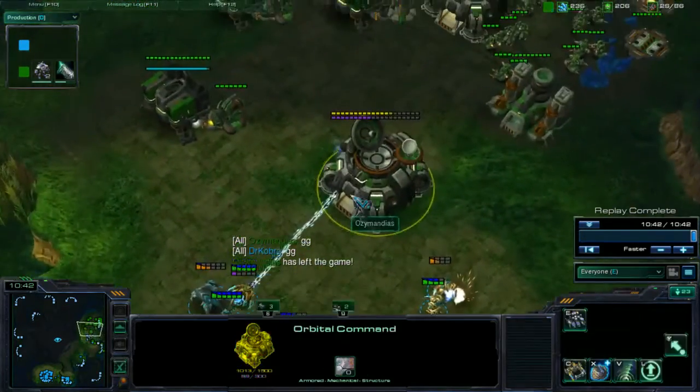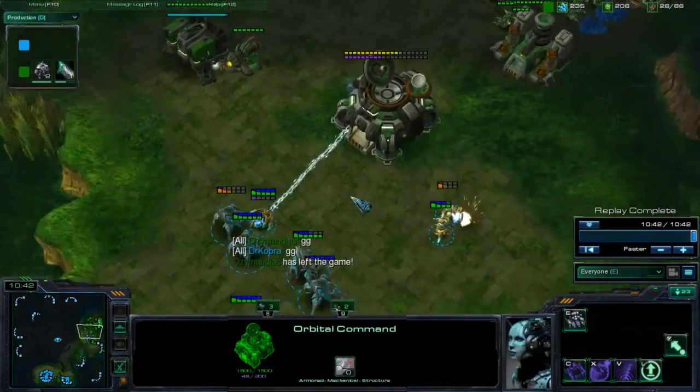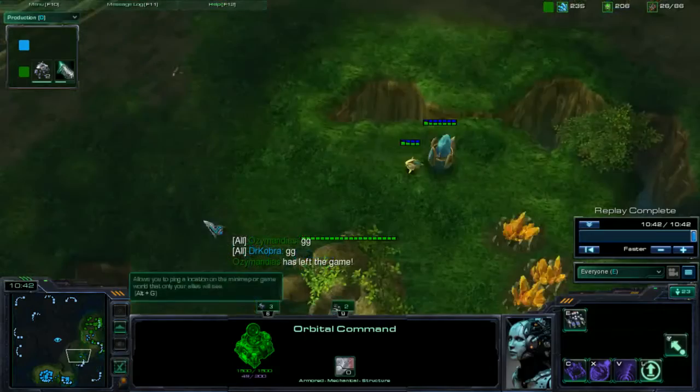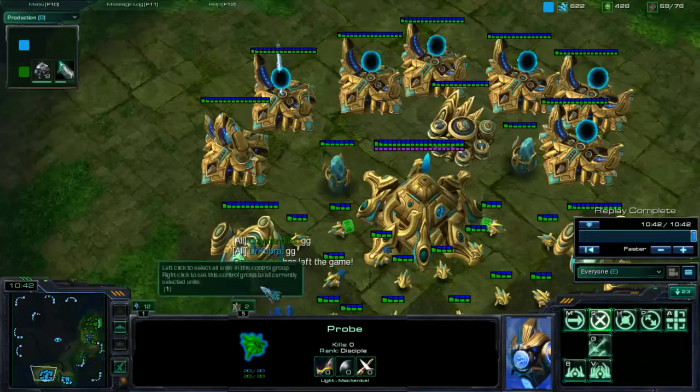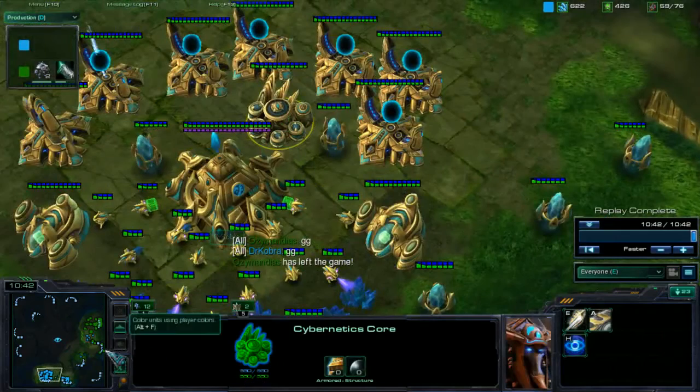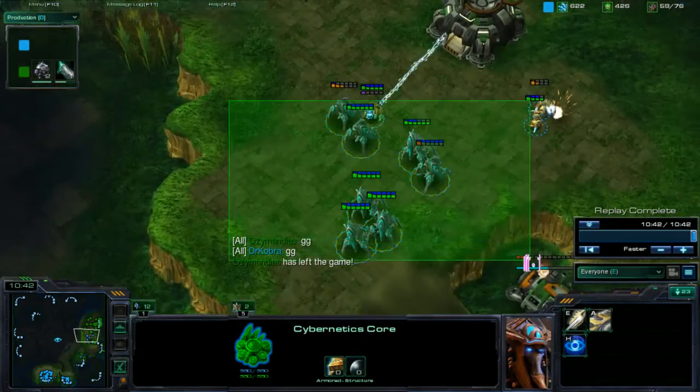So the force fields slow down the push because I had so many, and at that time I'm already getting up my gates, so I can reinforce way quicker than he can. So anyways, main thing is 1 gate expansion,